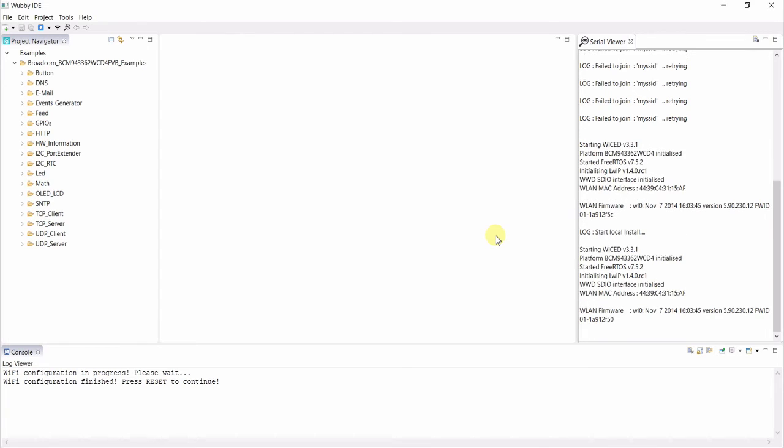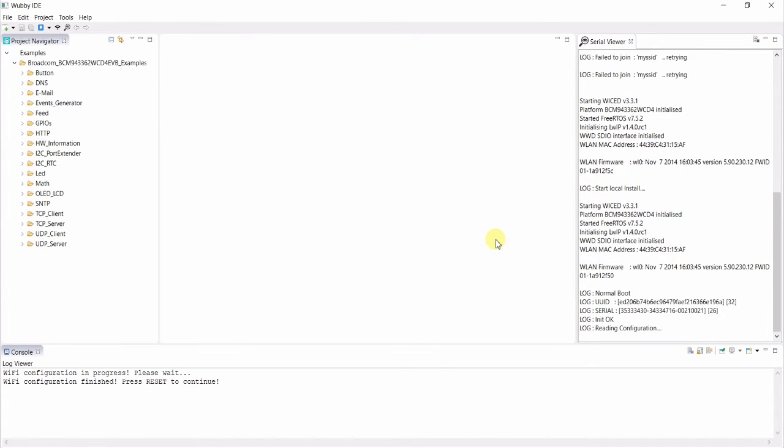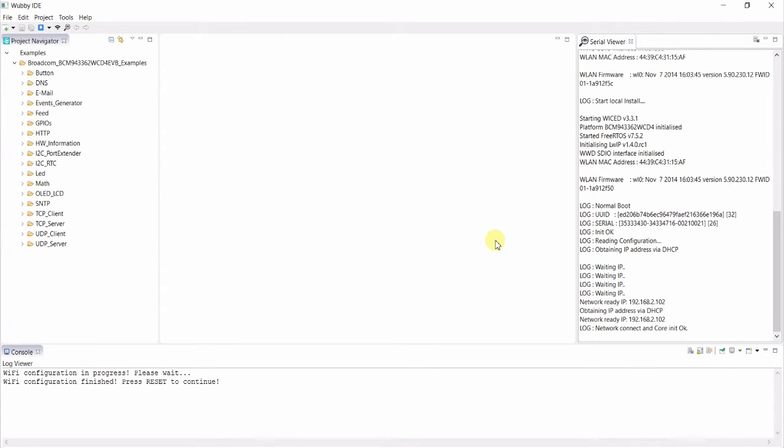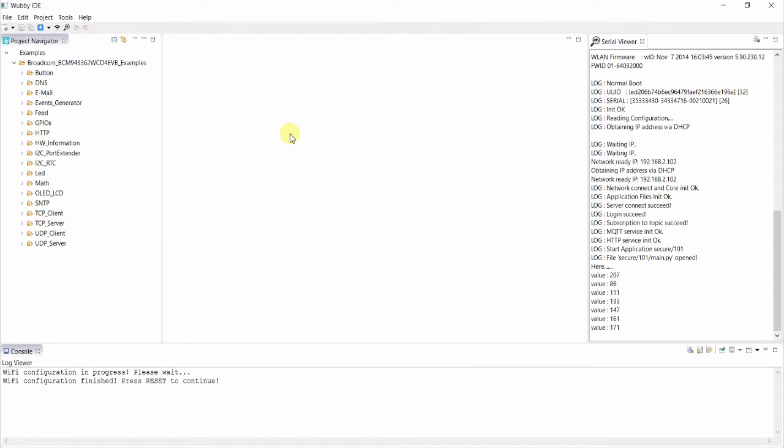Now that the device has been registered to the Wabi Cloud and has been programmed with the correct network settings, it will connect to the local network, start all the required services for the Wabi Cloud, and run the default Python application for that device type. We are now ready to create our own Python application and install it in the device. Let's start with a very simple Hello World application by creating a new Wabi project.